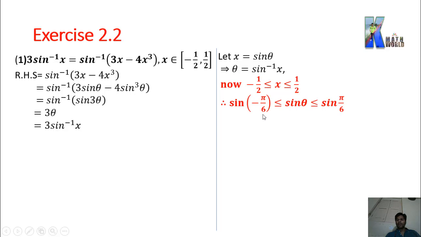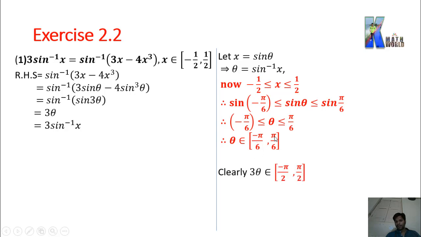Okay, so right now no worry, you can see minus 30 degrees less than or equal to 30 degrees, that is obvious. So you can say minus pi by 6 is less than or equal to theta is less than or equal to pi by 6. Here you can see 3 theta is there, so firstly we write for theta, then as 3 theta is there, you have to multiply by 3. So 3 theta belongs to, when you multiply by 3, 3 pi by 6, that is pi by 2, so you get minus pi by 2 to pi by 2. Okay, right now in this new syllabus this is useless, but this is for your knowledge.